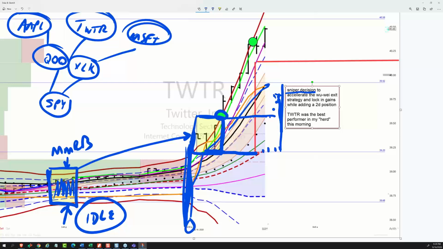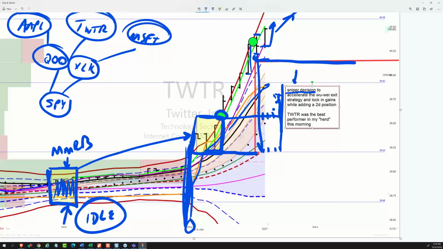But I didn't want to wait the extra 2 or 3 beats because this thing had moved up and then gave me a doji. And I said, you know what? I'm not going to let that come all the way down to here. I said, sniper, and just moved it up, and I locked in a little fraction below the low of the day. And then just left that in place. And then it opened and then started going up. And this thing proceeded to go up for another good distance.